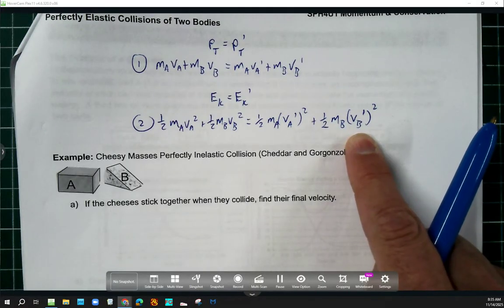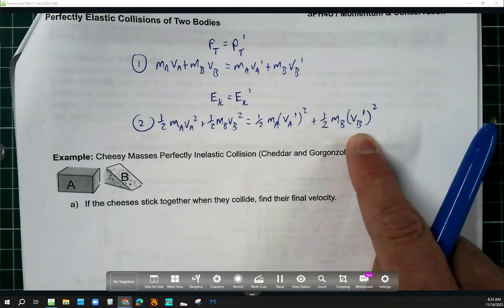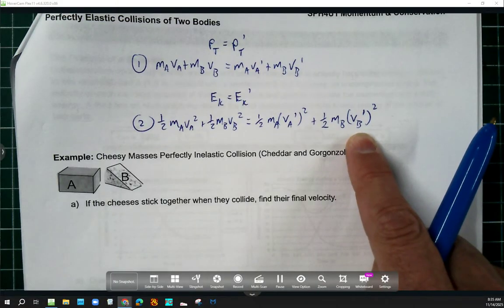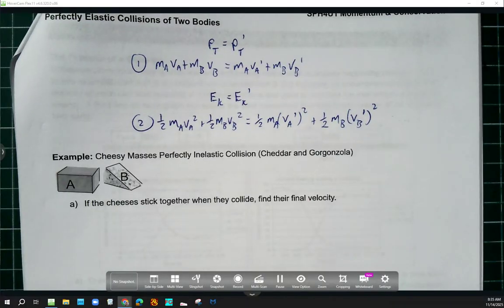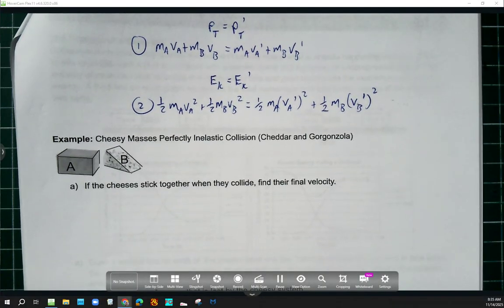That's not trivial. That's annoying, right? That's more than just a binomial times a binomial. That's a trinomial squared, and that's not something that makes a lot of us happy, but it's just going to be a thing. Ugh. Okay, so not conceptually hard to wrap your head around, but mechanically a pain in